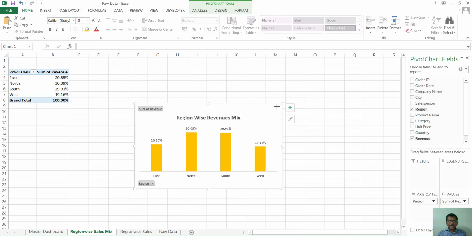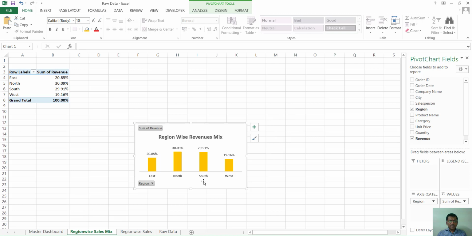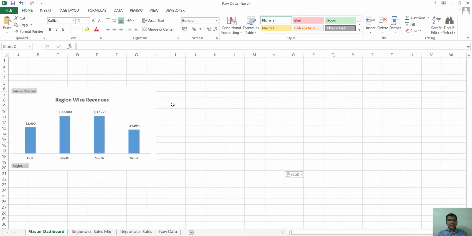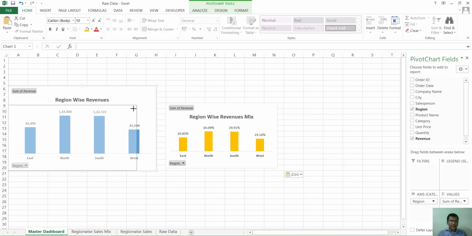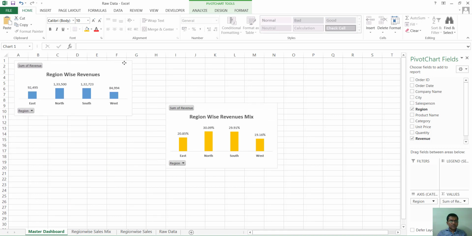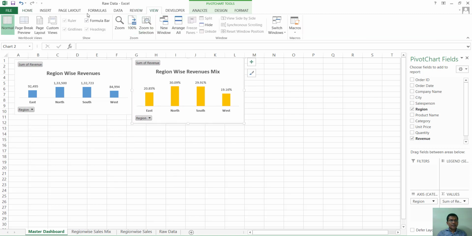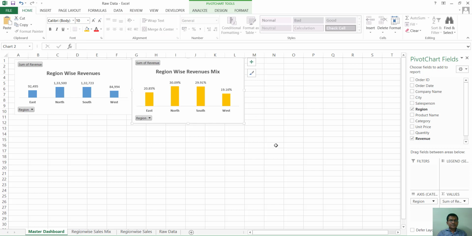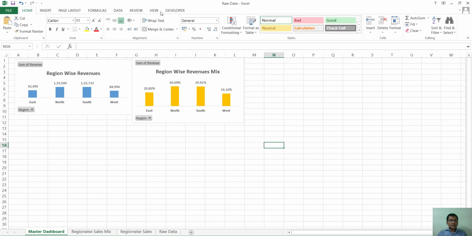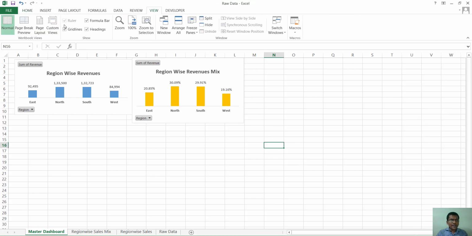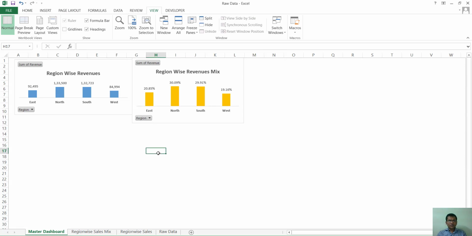And I make this a bit small and I copy this and paste it in my master dashboard, and this also I make a bit small. One good way is to click here, and there's this option called view gridlines. I want to remove this to make it look very neat and clean.